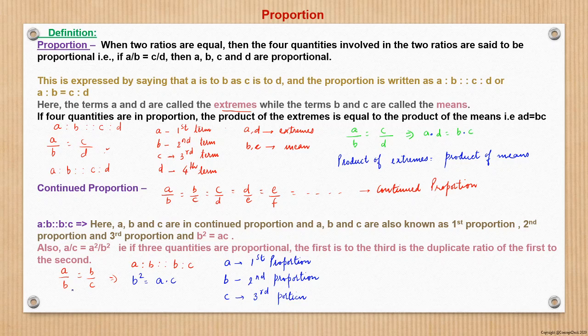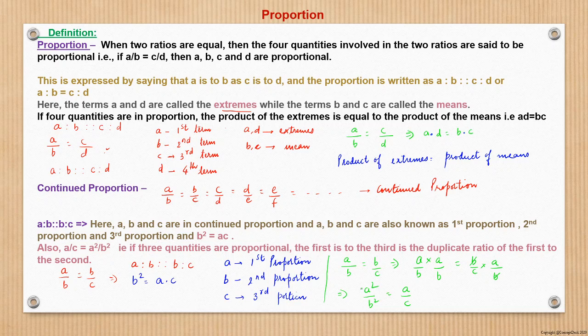So same way here we are writing. Now one more characteristic of a continued proportion is that if A by B is equal to B by C, what can I do? I can multiply both sides of the equation by A by B, both left hand side and right hand side. So left hand side becomes A square by B square, and on the right hand side, B gets cancelled out, so it becomes A by C. So that is what I have written here. Also A by C is equal to A square by B square.